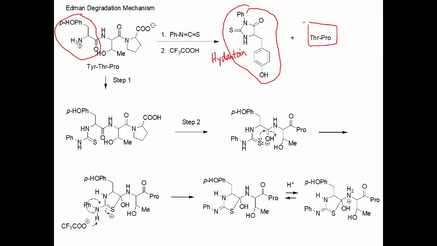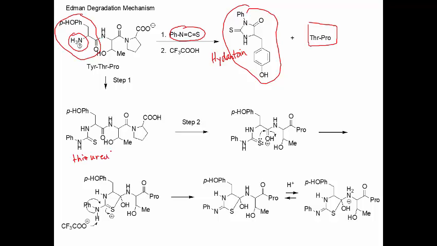Okay, the mechanism here is complex, and this is not something I would really want to ask on an exam, because assigning the partial credit for almost but not quite correct answers would be a real nightmare in a question like this. So step one, we're going to take the N-terminal amino group and react it with the phenyl isothiocyanate and make this compound here. This is called a thiourea